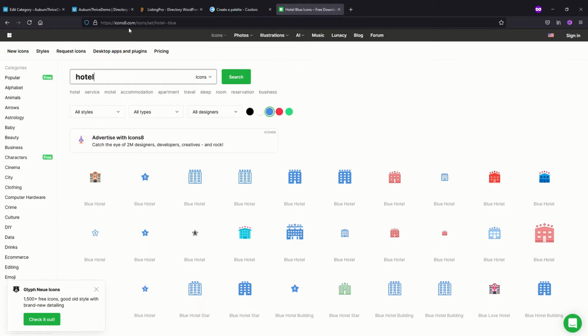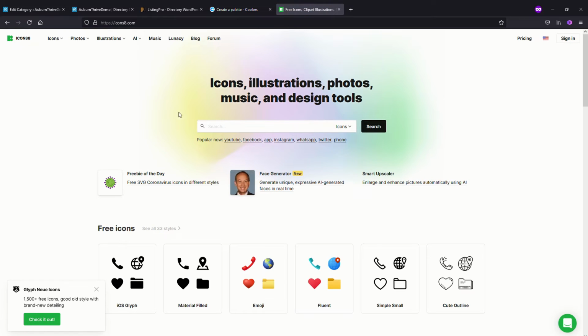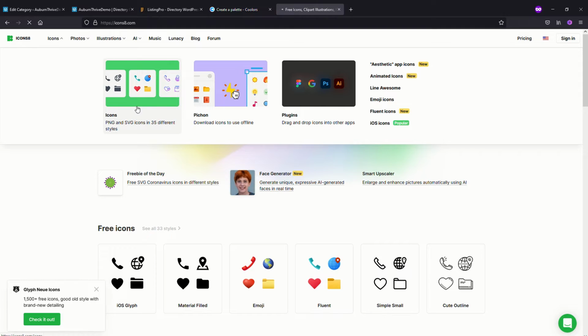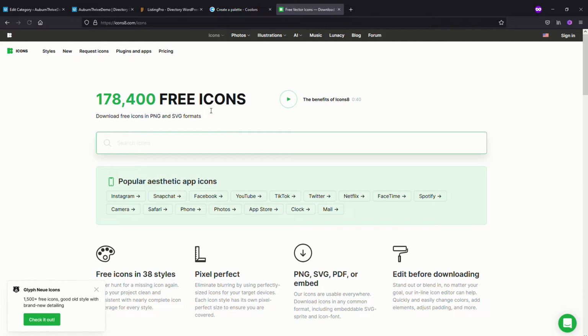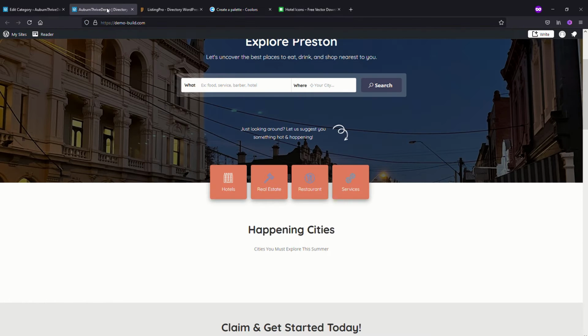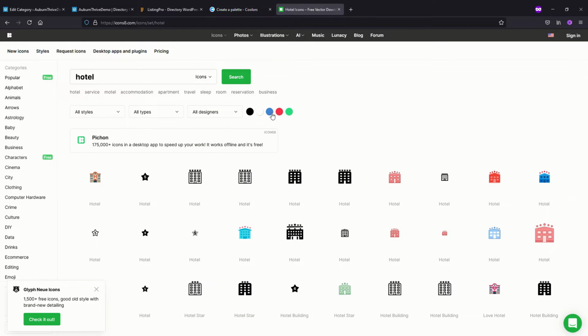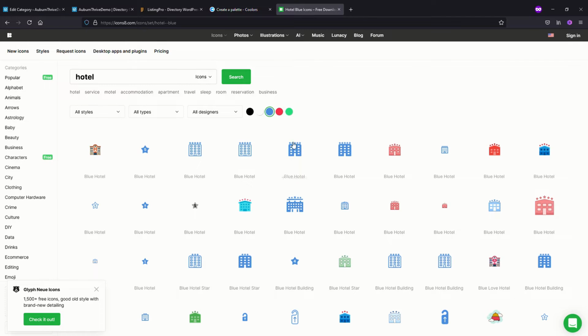icons8.com, and I'll just go back to the home page here so you can see it from the start. We can search all sorts of icons, so we click on icons, these ones here, and then I might type in hotel, and we start getting some hotels. Now this does sort of look like the one we're after to match it. Jump back here, but we want a blue one, so just click on blue, and